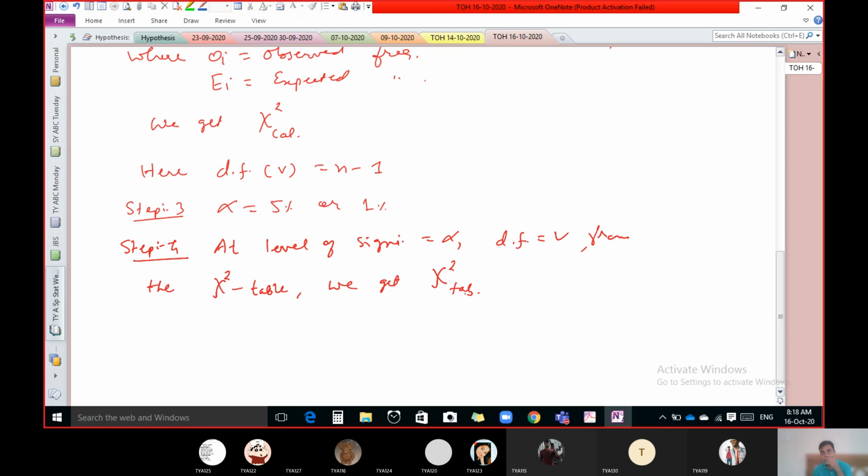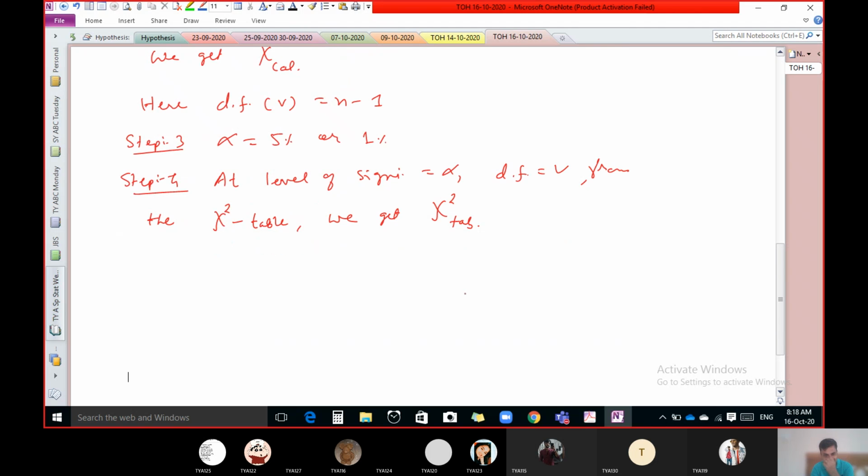So same like t-test, here chi-square test is there. So here we get chi-square table, and from that table we get chi-square 10. And step 5,